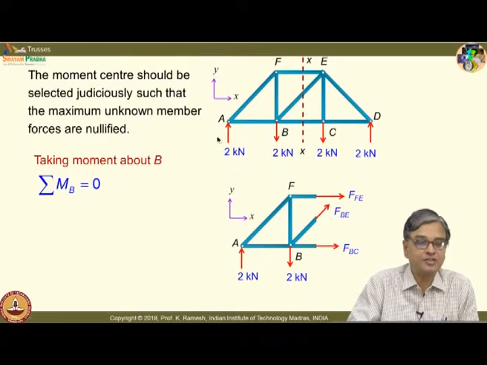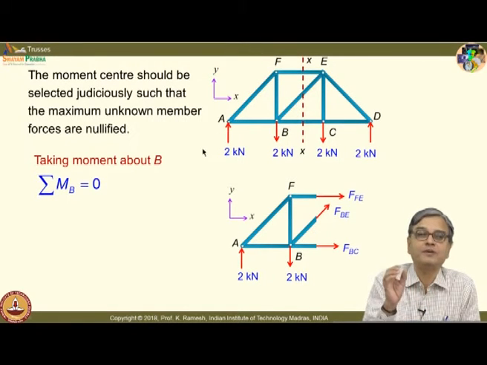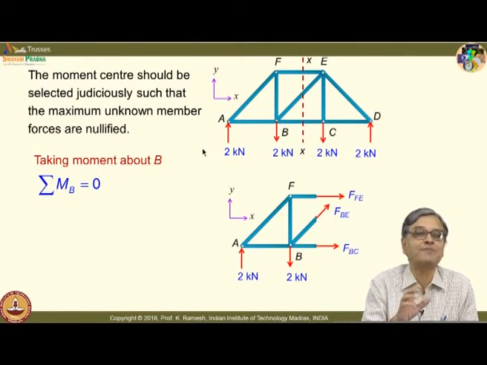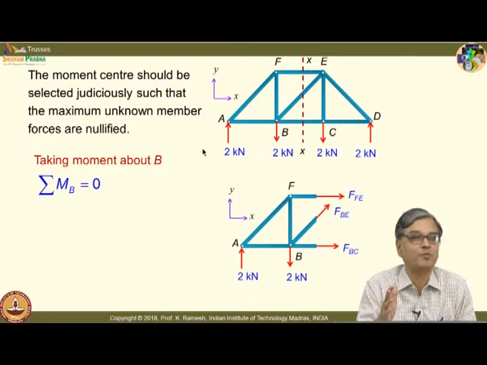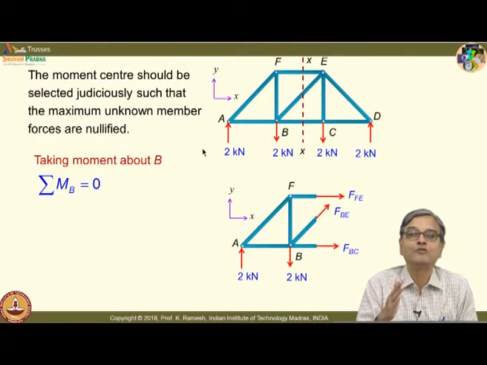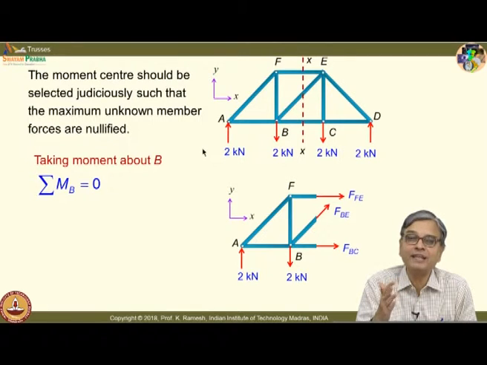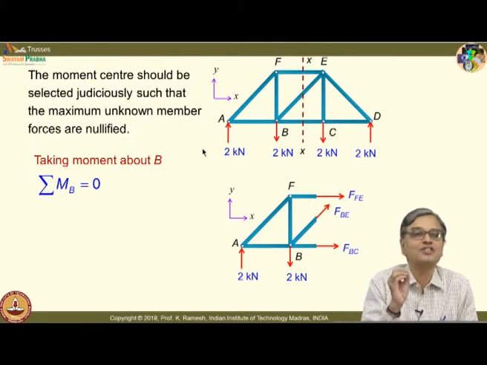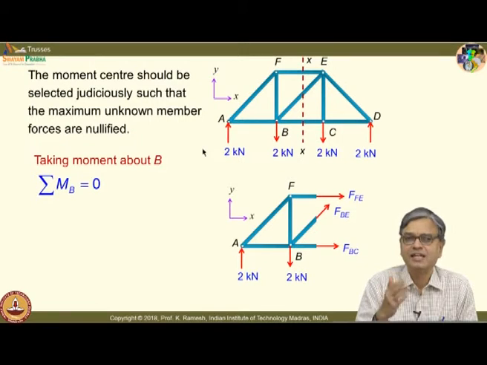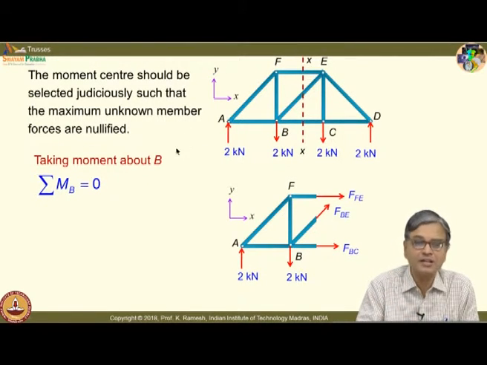Because in the examinations, I would give a problem and we also indicate what is the maximum mark you can get for that problem. The mark is indicative of the time that you should try to spend on a problem. If you think that you are spending more time on it, then you have missed the crux of the problem in solving. Here the problem is very straightforward, and I am sure everyone would be able to see what is the equation I should use. Simply take the moment about the point B.